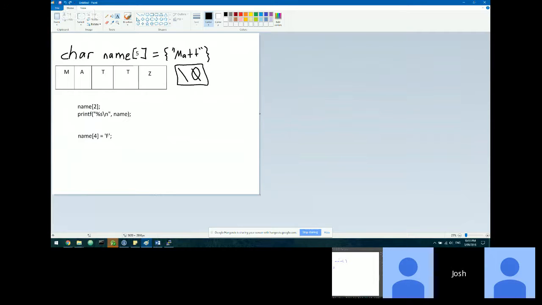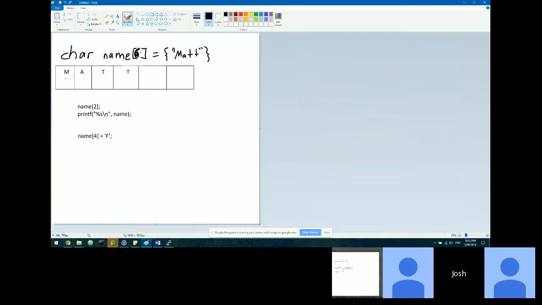So, just a question. Char name 6 equals Matt. What will be there at name 5 and name 6? Yep. So if you say, let me just extend the box. Get rid of that, and we'll add another rectangle. Cool. So we just had a question. If we had the array size as 6 here, if this was a 6,